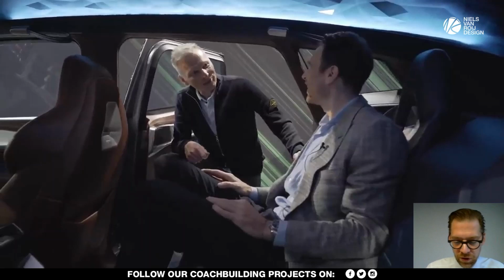You could say it's relevant for the way the car is used, because there's a driver-focused area and the passengers are in a different part of that car, not just physically, but also conceptually. They're not in the driving seat. They're in that car for different reasons. They're either being driven or chauffeured, or they're, for instance, children in the back. So sure, different materials are interesting,